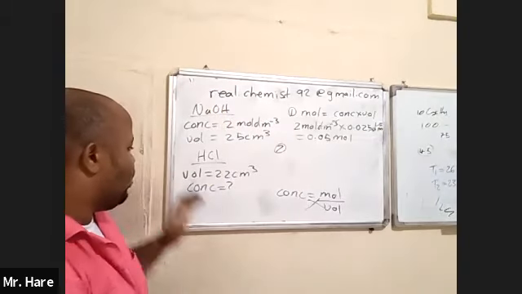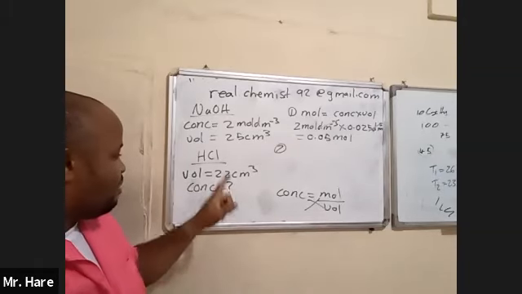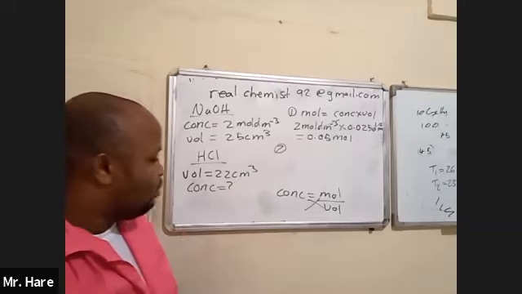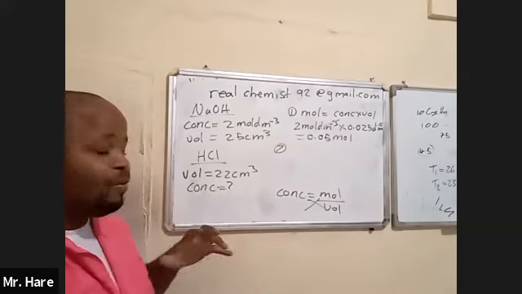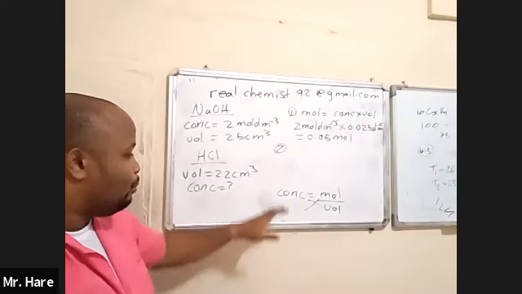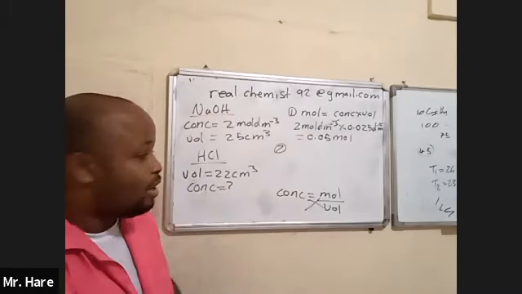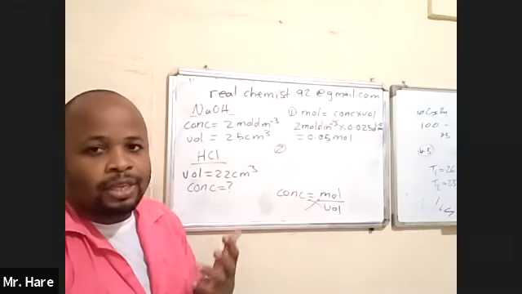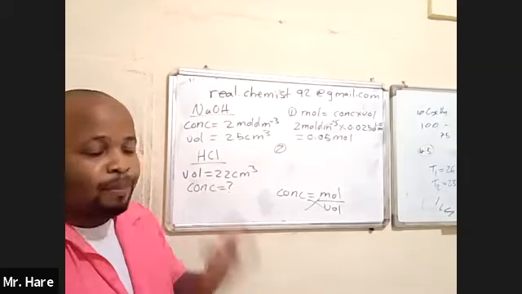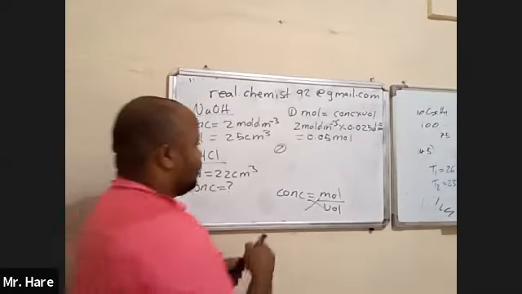Then step 2. So remember, if we want the concentration of HCl, we already have the volume of HCl. So all we need is the mole of HCl. But we did not get enough information for HCl to get the moles. So we're going to write the equation now? That is correct. So we find the mole of sodium hydroxide, then we are going to use the balanced equation and the mole ratio to give us the mole of HCl. So when sodium hydroxide